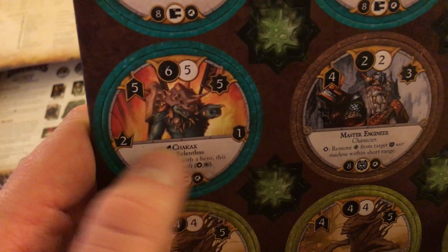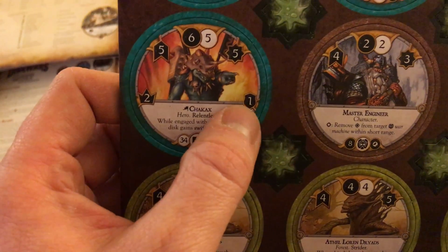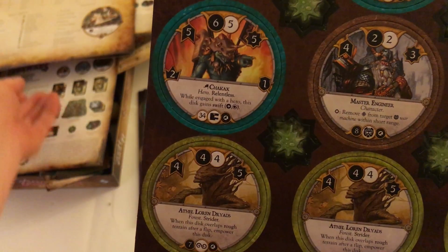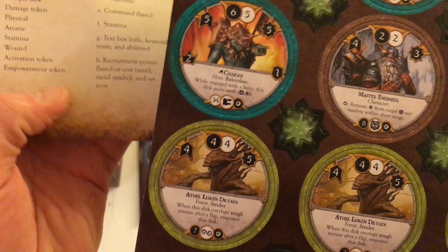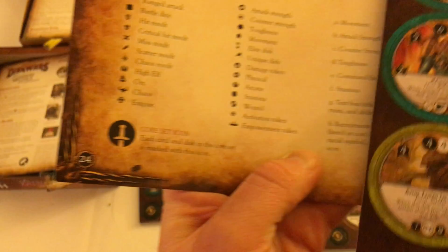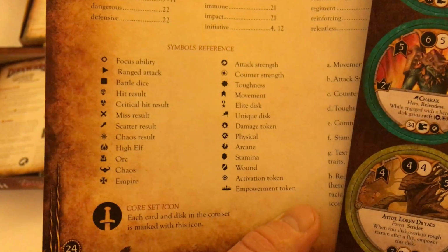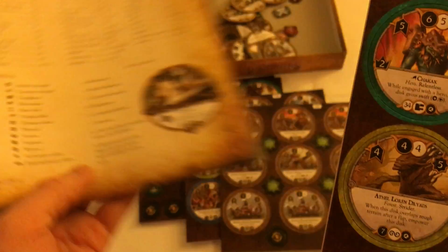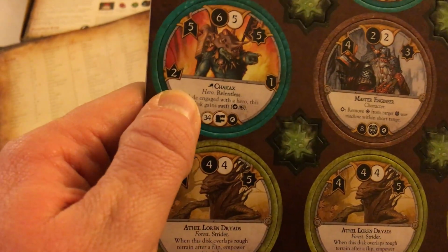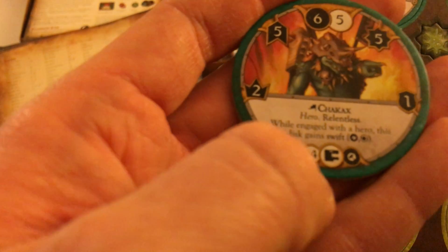Chakax. Now this is a hero. So the crowns indicate that they... I'll have to look that up. Not certain what that means. But it's the command units that have those crowns, and that is going to allow this guy to...